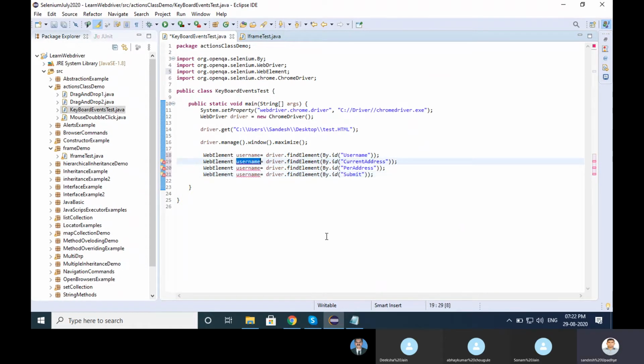Everything I am storing in WebElements: username, current address, and so on.